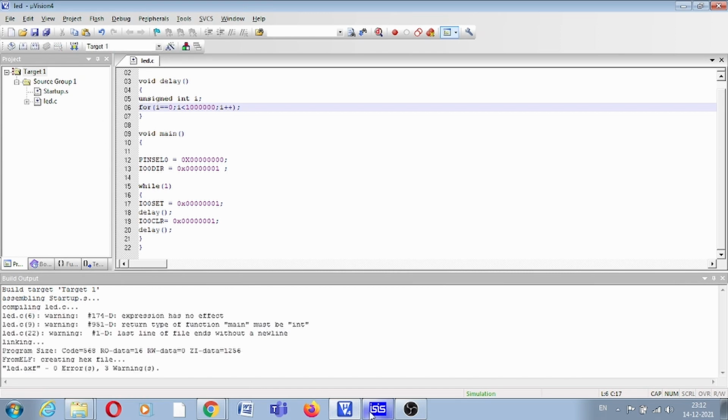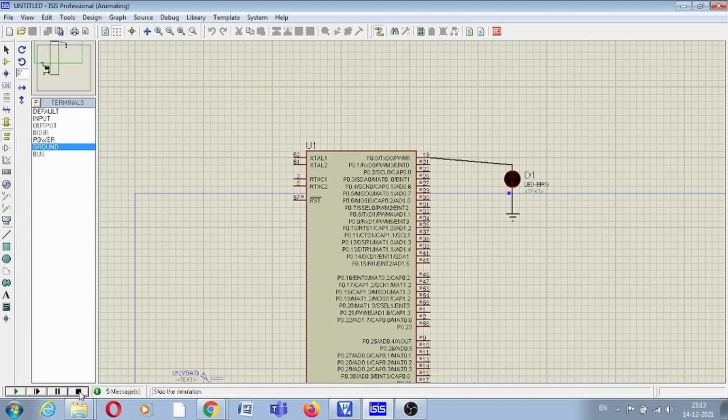Now let us rerun this. I think the delay is large. So here you can see this LED is blinking. So this is how you can write simple LED blinking code for this LPC2148.